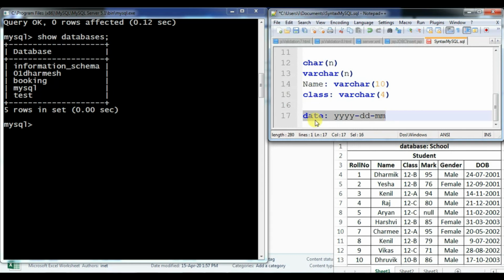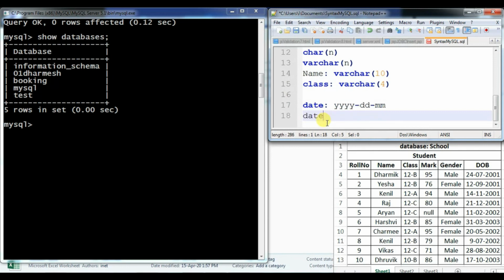Yes, one more format is there. Suppose you want to store date and time both, then you can go with datetime. This data type is going to store a value like year-mm-dd and hour, minute and second, with colons. That is for the date and time format. So these are the basic data types that you can go with in MySQL whenever you are going to create any table. We will see soon how you can create a table in your database.